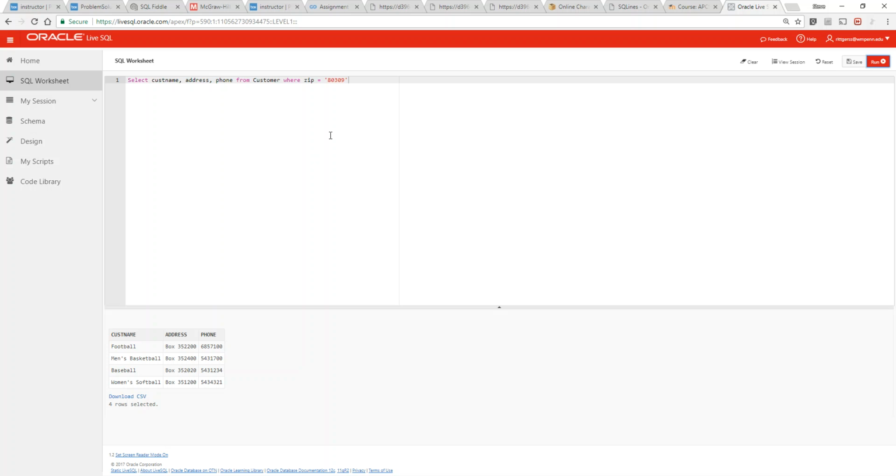And just to show you, I'm going to add one more column here. I'll actually show the zip codes for the rows I'm selecting and click run. So now we can see that the zip codes are there. Only the zip codes that have 80309 are in that result. So we could do something like that. We could do something like